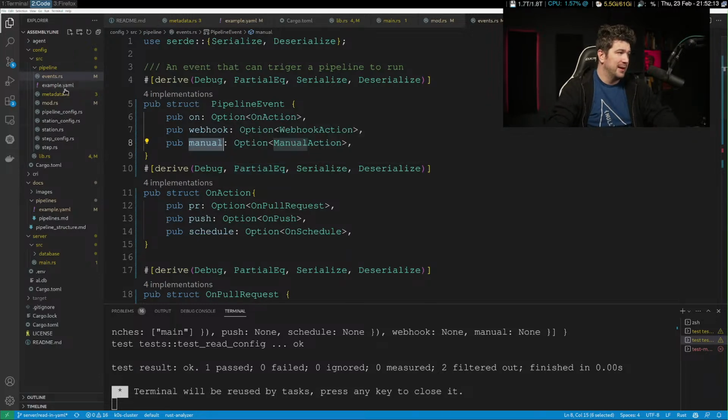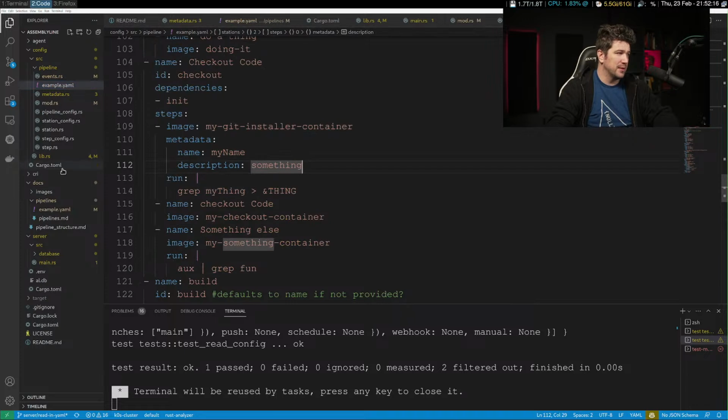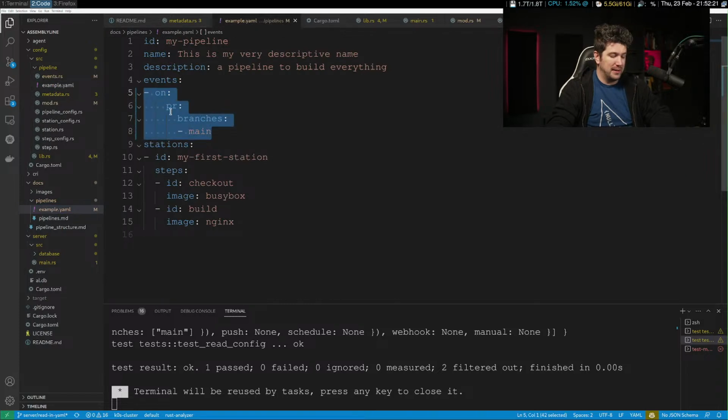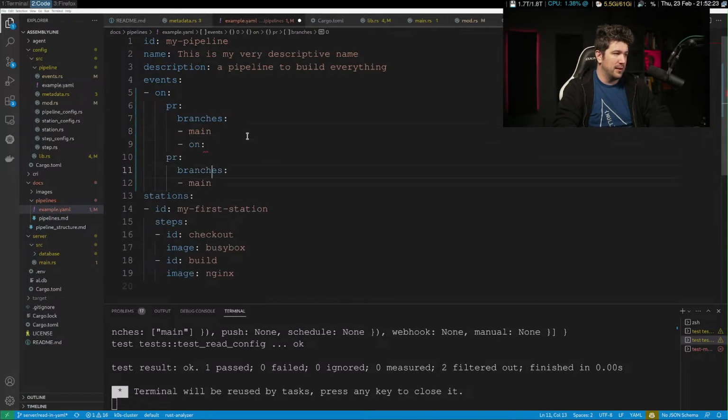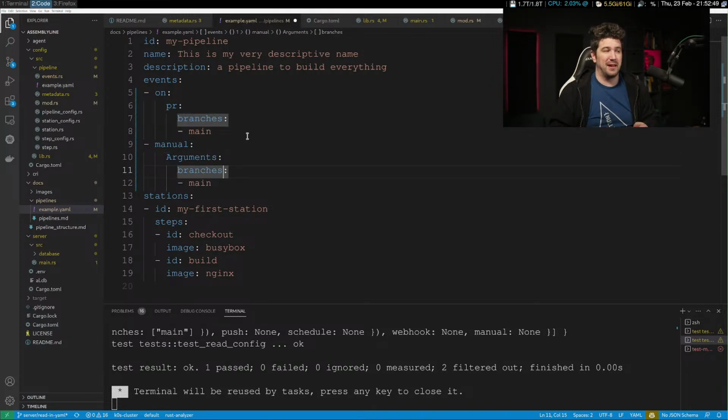So like in this example here, if instead of on, we did manual, part of the manual data structure would be something like arguments or something. And, you know, in here would be a list of arguments that, you know, like...